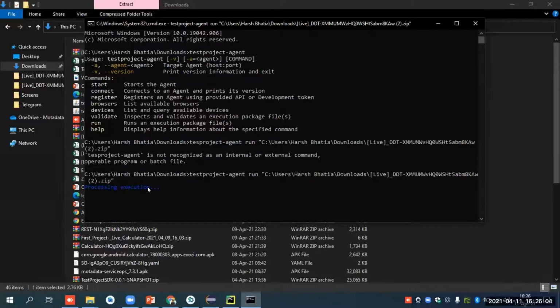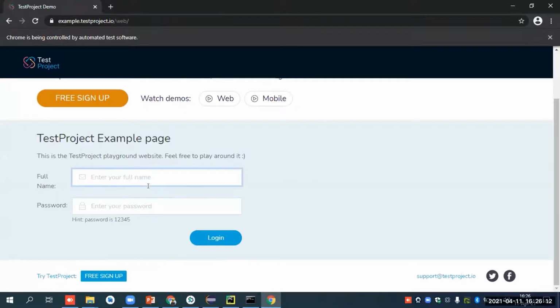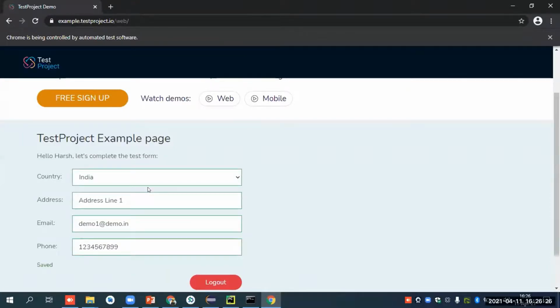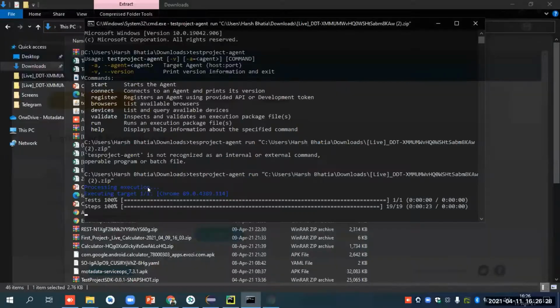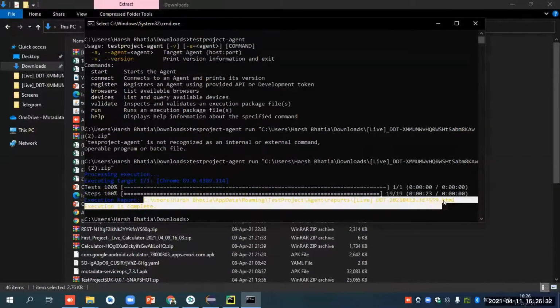And after execution has been completed, it will generate an offline report, an HTML offline report, which you can see in your local environment. So you don't need to go to the test project or go to the website or anything. You can just go to the local HTML reports and see what execution has been done, either it's failed or it's been passed. Okay. So after that, it will show the execution report is here.